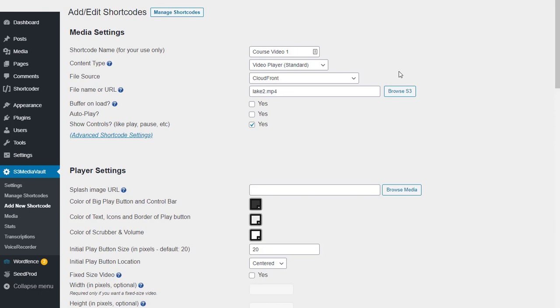So I would say just start with S3. But if you start hearing complaints about speed, then switch to CloudFront. All you need to do is go back to the shortcode that has S3 and just change this to CloudFront. That's it. No other change required. And obviously in settings, you have to fill out the CloudFront settings. So that's video